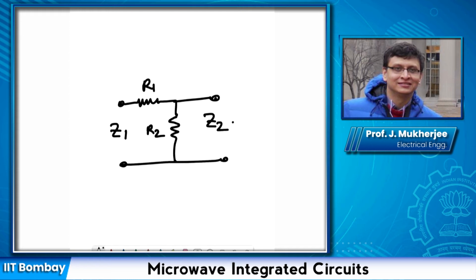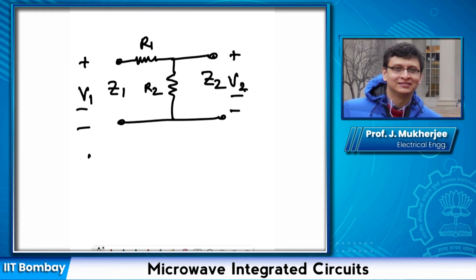Then how do we do that? So in this case, the voltage here is V1 and the voltage here is V2 and here it is V1. So we know that V2 is equal to V1 upon R1 plus R2 times R2